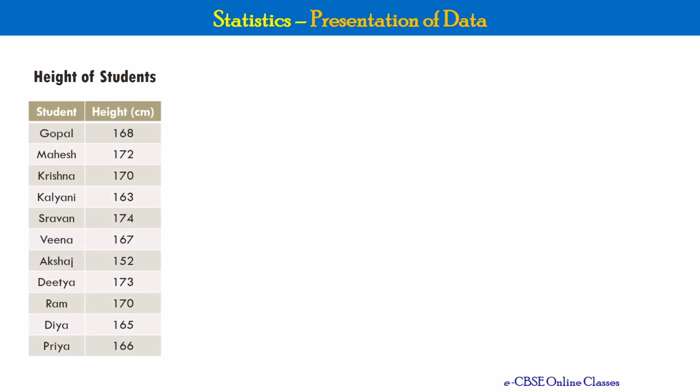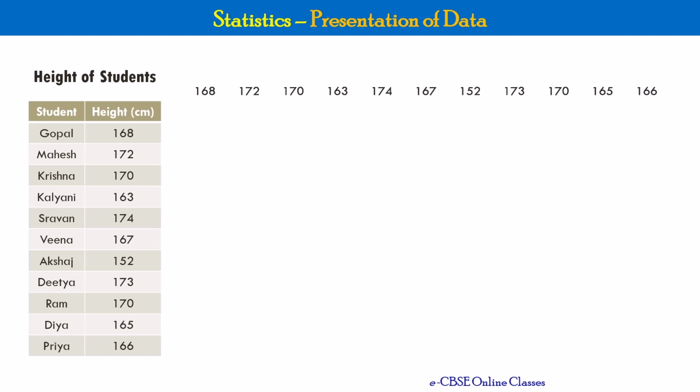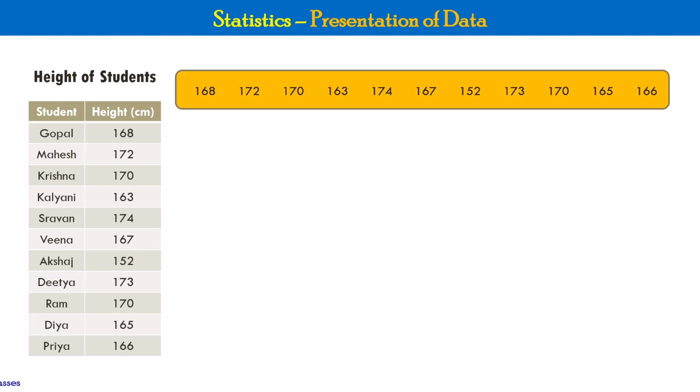Now let's look at some examples here. Let us take heights of students, a simple example. So I'm taking some random names and some random heights here. So these are some bunch of numbers. And if I ask you a question like what is the tallest of these people or what is the shortest, you may take a little time to answer this because the data is not sorted, because this is raw data. And when you try to sort this data, and here I'm taking ascending order, smallest to largest.